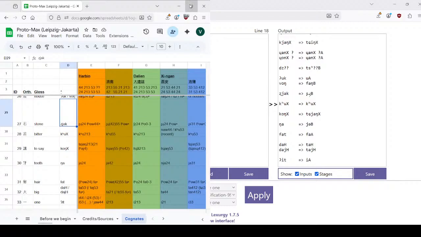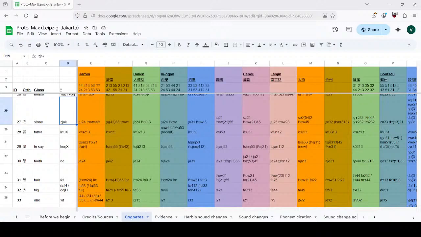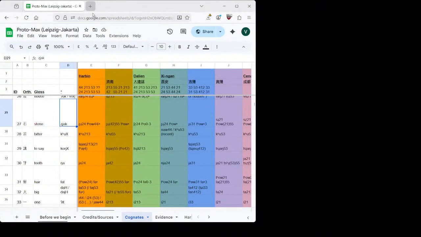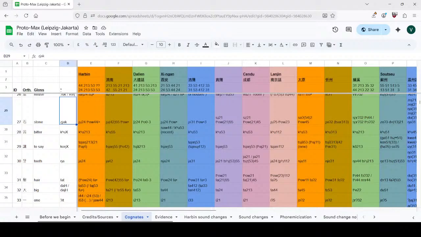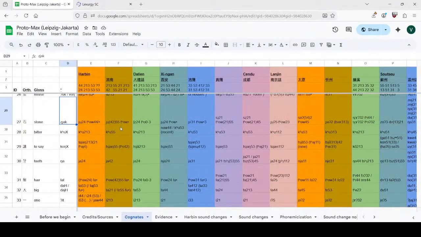So just give me one second. And I think this is good. Let me just remove that other window and then pop Lagzergy back in. That is not what I wanted to do. That is the exact opposite of what I wanted to do. Thank you, my very broken mouse. Right, good that we caught that. The word for tooth is nga. Nga becoming ya is very important to us.